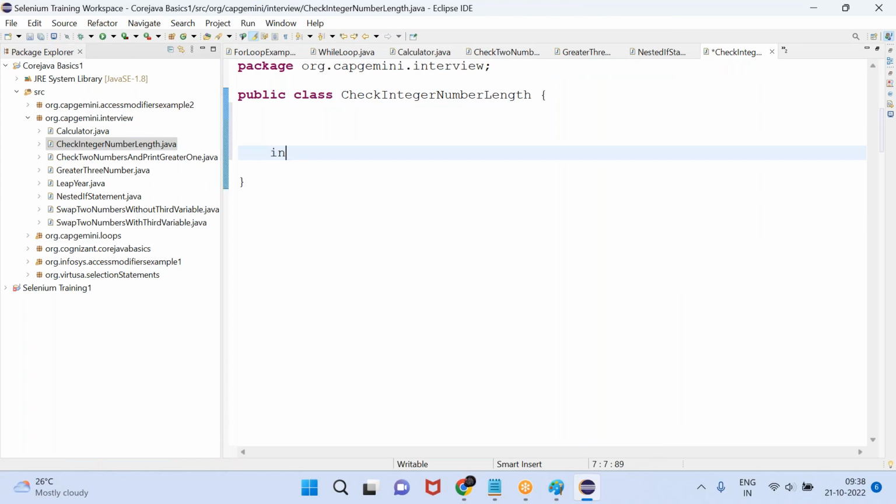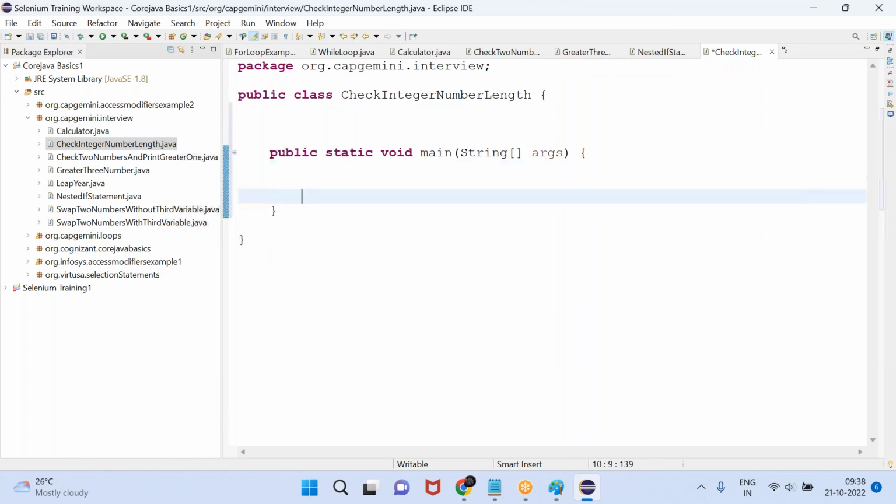Suppose you are taking a number like this. Now this is the number. If you are going to divide it by 10,